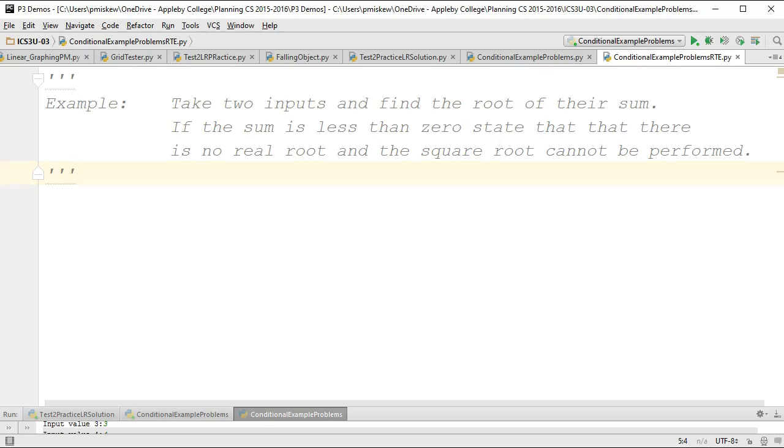Hello. In this video, we're going to look at how you can use conditional statements to avoid runtime errors. To start with, I'm going to set up two examples of where you might get a runtime error because of a math problem. We're going to take two inputs and find their sum, and if their sum is less than 0, we're going to state that